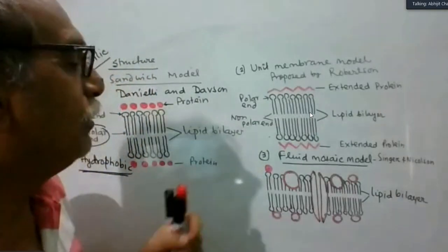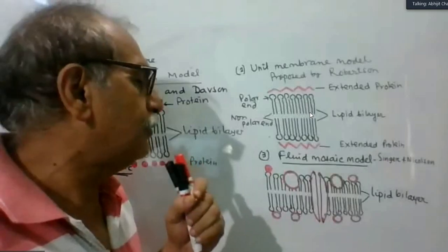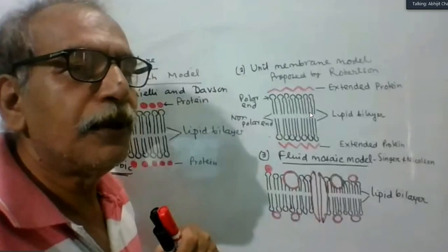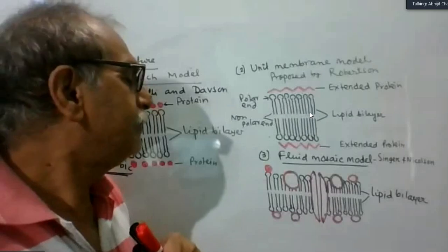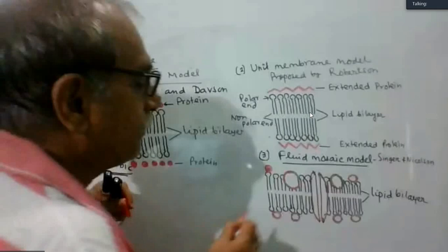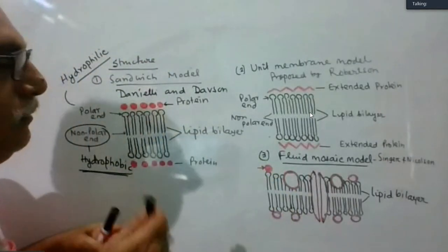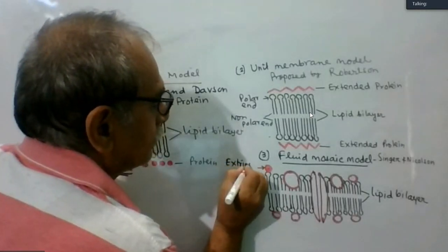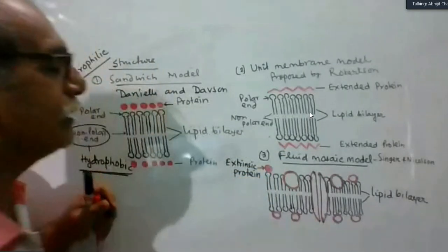So protein molecules are either just slightly attached to the lipid membrane, or embedded at different depths in the lipid bilayer. So these proteins are called extrinsic protein